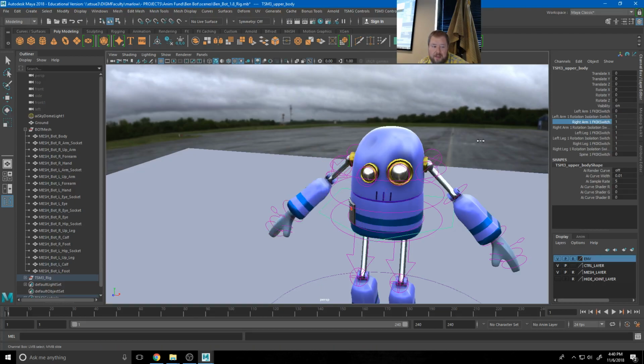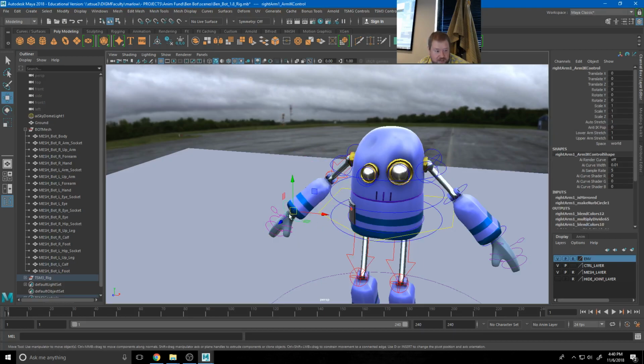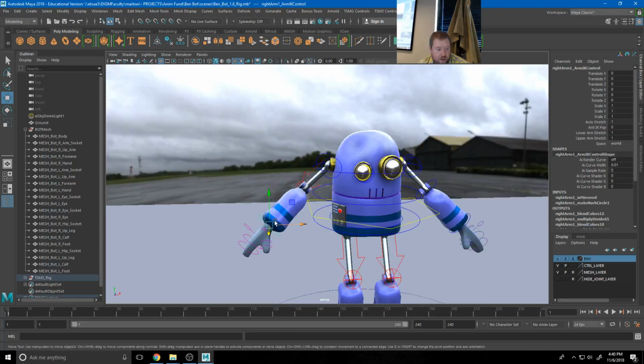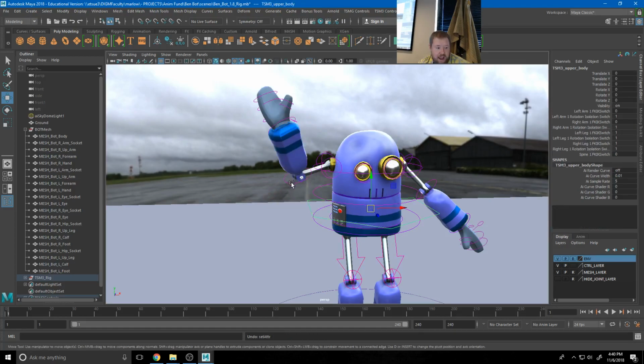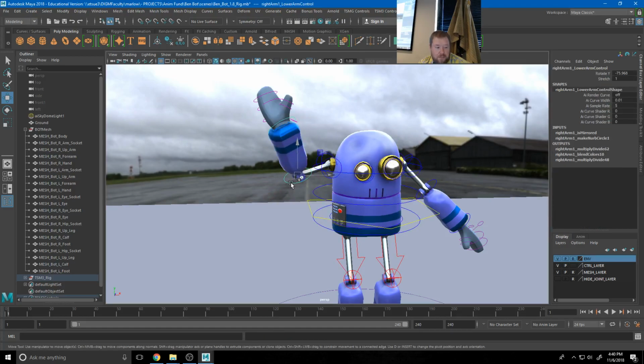And if I blend that back to 1, it takes the character out of that pose, right? So now he's an IK, but he's an IK in the wrong pose. He's like down here somewhere, right? So one of the ways we can fix that is if I right-click anywhere on the arm, well, it's an I